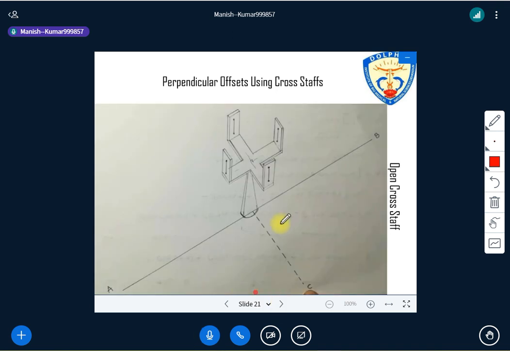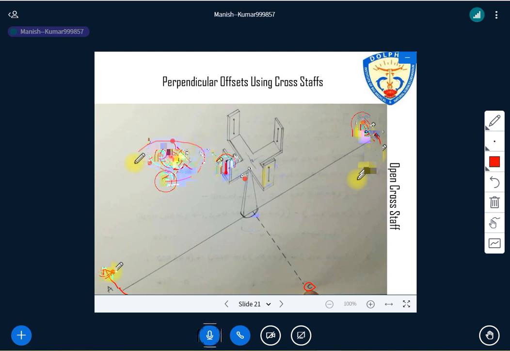There is one image that has been made. Just look here. If we have two stations A and B, and now we have to locate this point C using this cross staff, you have to place the cross staff at some point, right? First you have to check whether this cross staff is properly aligned with A and B or not, right? Obviously you are using a ranging rod here also. Now you place it there, and then you have to look through this slit. This line is called the slit, through which you are able to see things.